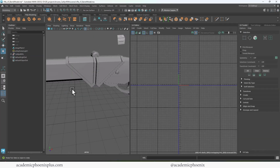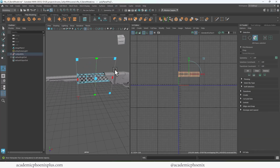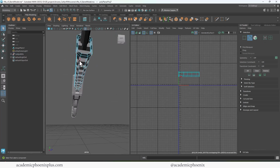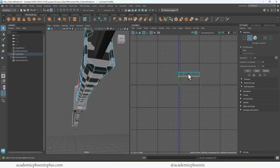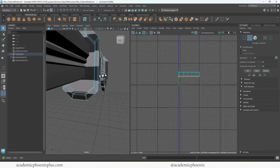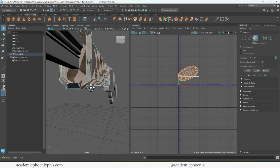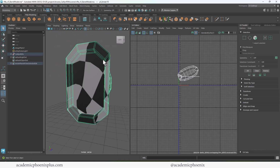Some people would use cylindrical. I personally like to use planar mapping because I get to select the edges that I want to cut. And for this one, for whatever reason, I really struggled with until I finally was like, what am I doing? But you're going to see that in this stage, I am actually trying to clean up a little bit of